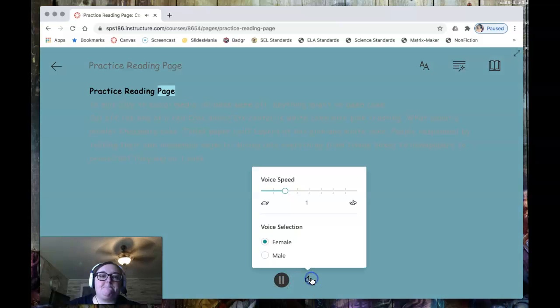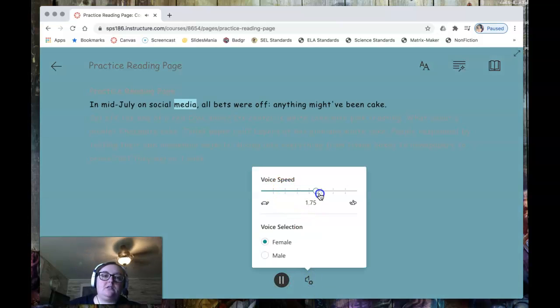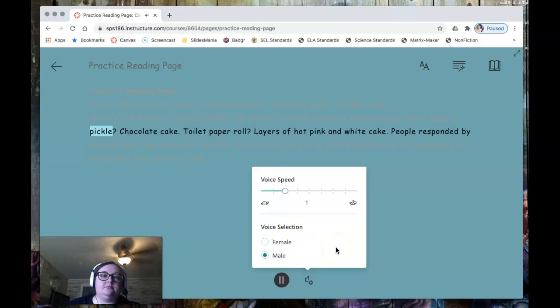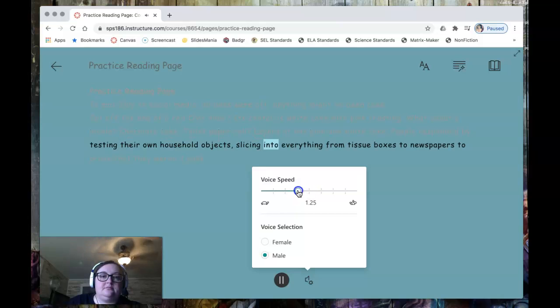Practice reading page. In mid-July on social media, all bets were off. Anything might have been cake. Cut off the end of a red croc shoe. Its center is white cake with pink frosting. What about a pickle? Chocolate cake? Toilet paper roll? Layers of hot pink and white cake. People responded by testing their own household objects, slicing into everything from tissue boxes to newspapers to prove that they